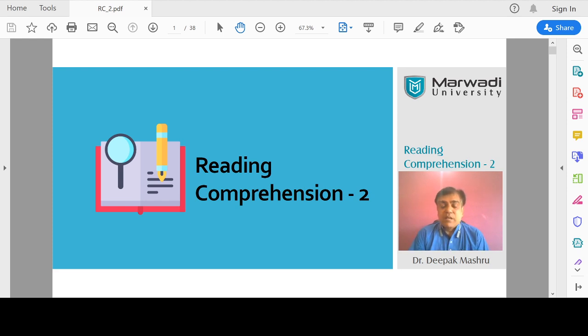The secondary task is that we are going to evaluate you based on your assignments, so make sure that you don't copy and paste, right? If you do that, there can be a problem, because we are going to evaluate each and every assignment minutely, as we are going to give you marks on that. So make sure that you write on your own and do not copy from any source. That's the basic thing, right? Okay, so let's start with this Reading Comprehension 2.